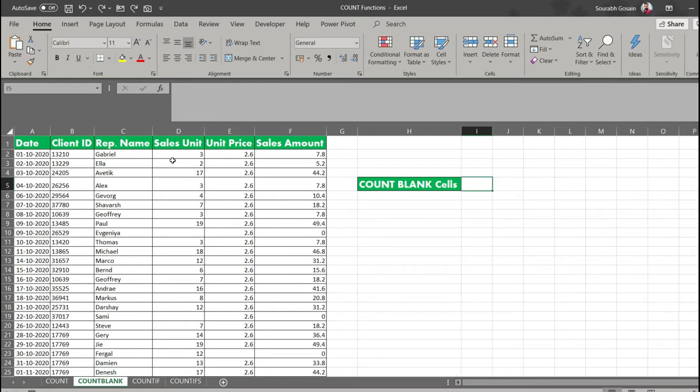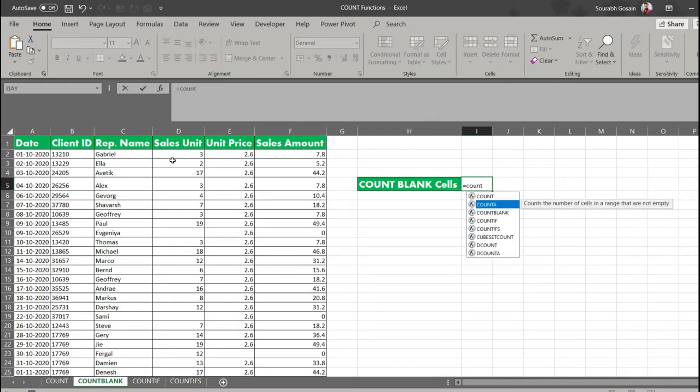So now what about the empty cells? Like what if we want to count how many blank cells are there in our data range? For that, we have a function count blank. Yes, count blank is a function which helps us in counting the blank cells in a specific data range. For that, I will just type in equal to count, will select a count blank, I will press a tab key, and for the range, I will select the sales unit.